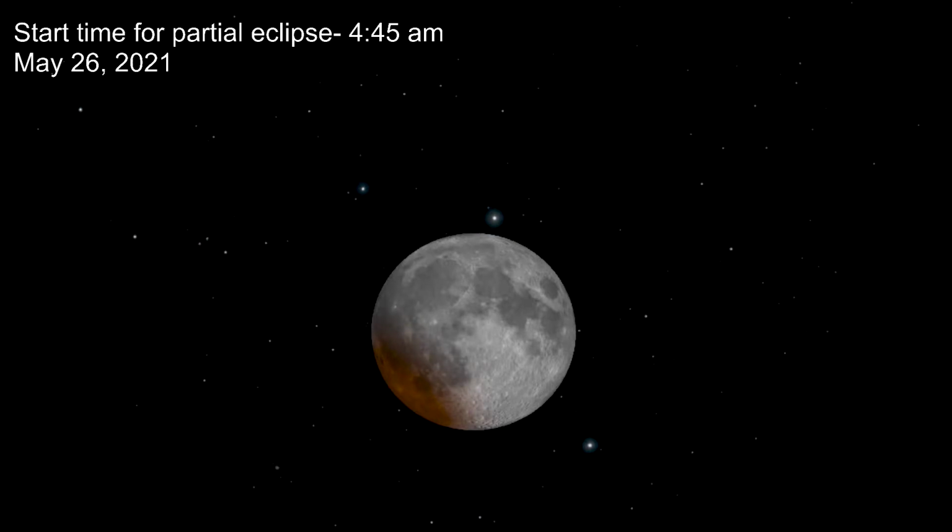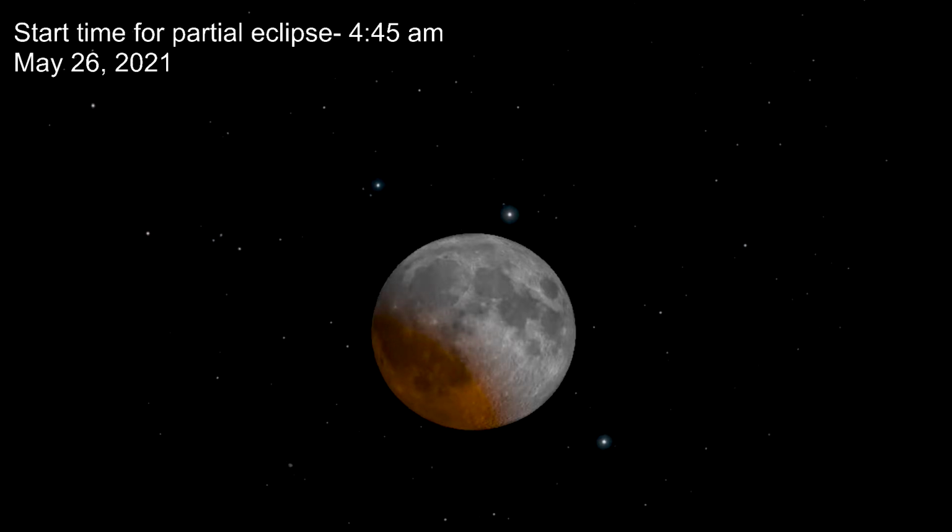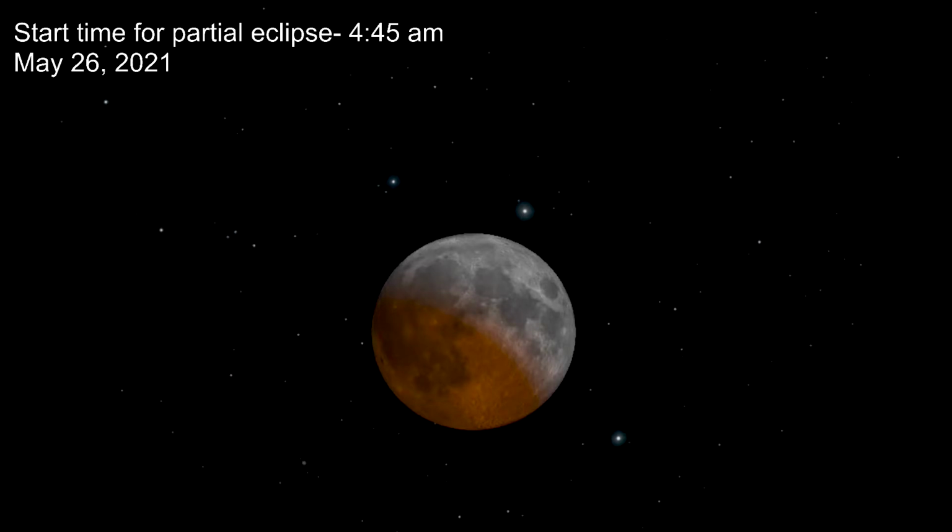Maximum eclipse in the Hastings area will begin at 6:11 a.m. This is also when the moon begins to set in the south-southwest. Actually, 6:14 a.m. is moon set. So we won't get to see the moon come out of totality, as it will have already set by that time. So as we get closer to totality,